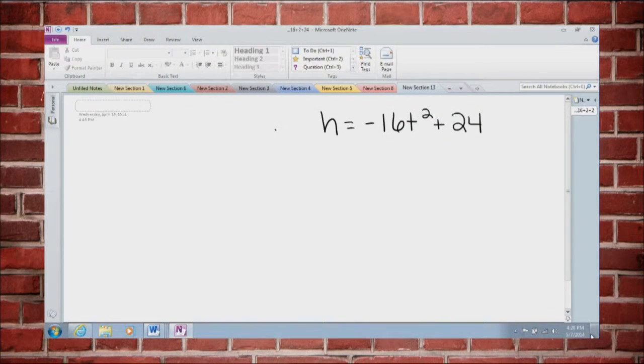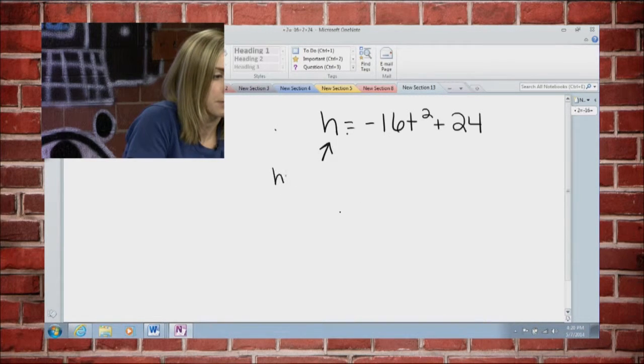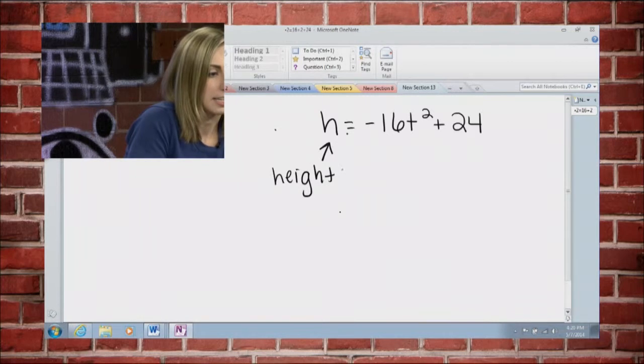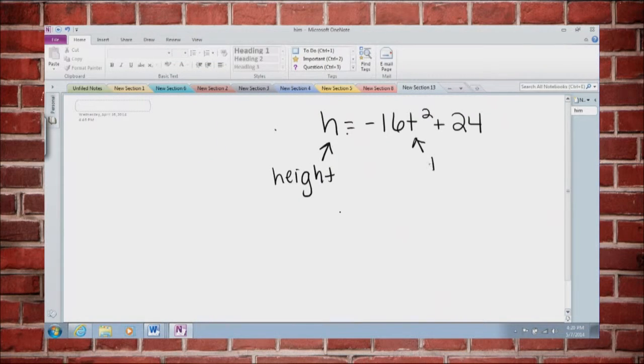All right. So the equation that was given was h equals negative 16 times t squared plus 24. The question was, I think they threw a key. And it was defined by this equation, the position of it. The h represented the height of that key, and then the t is the time in seconds. And what we were trying to find out was how long did it take for that key to hit the